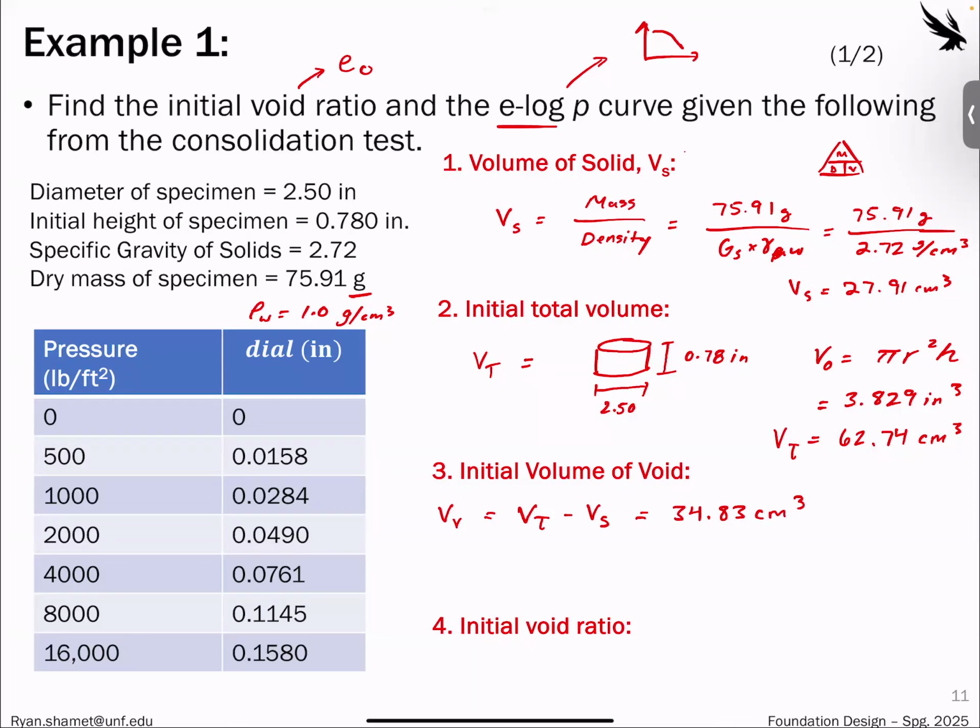So 62.73 minus 27.91. So initial void ratio: this is volume of voids over the volume of solid. And so 38.83 divided by